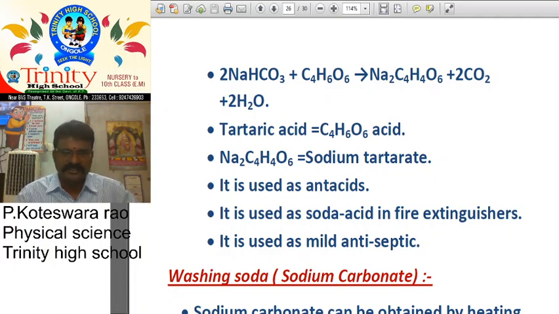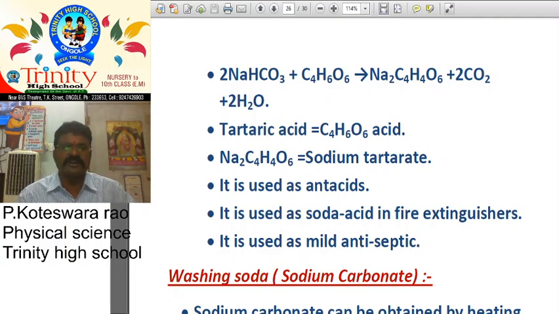Next, carbons. On the left, here 2 and here 4, so 4 plus 2 is 6. On the right, here 4 and here 2, 4 plus 2 is 6. Complete. Next, oxygens. Here 3 times 2 is 6, because the 2 multiplies everything, 3 times 2 is 6, plus 6 is 12.